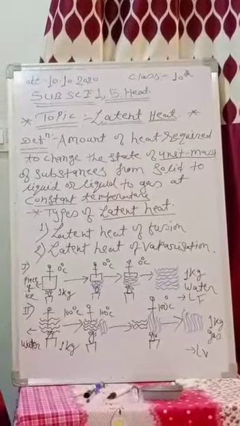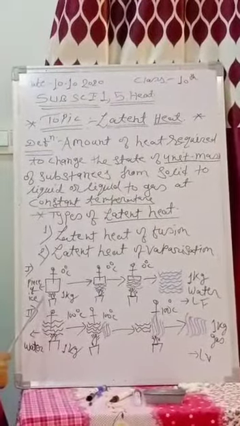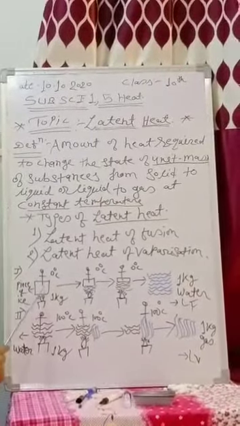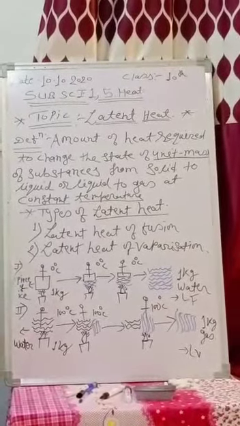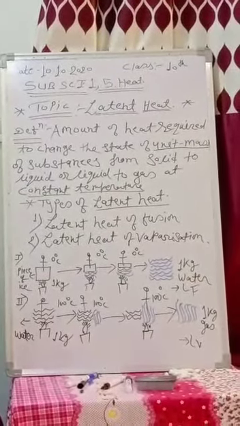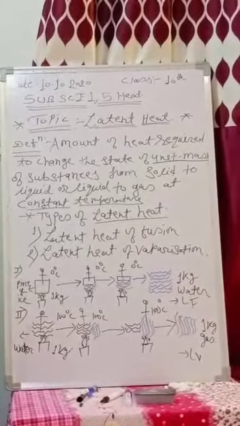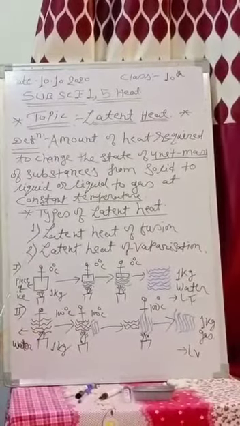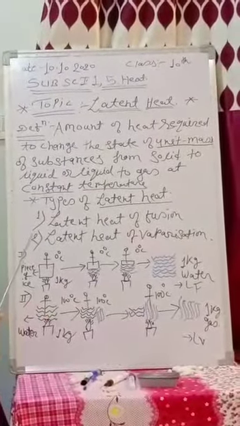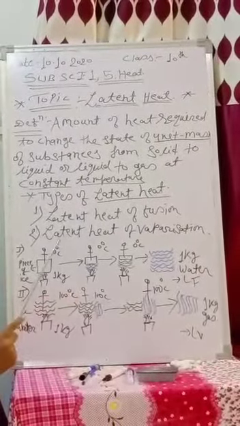For example, I have a piece of ice. This ice piece is at 0 degree Celsius and the mass of this ice is 1 kilogram. Here is the thermometer. I started heating it. So what happens? In the next position, again I started heating it. The temperature remains constant at 0 degree Celsius. After some time, only a very little portion of ice is left.